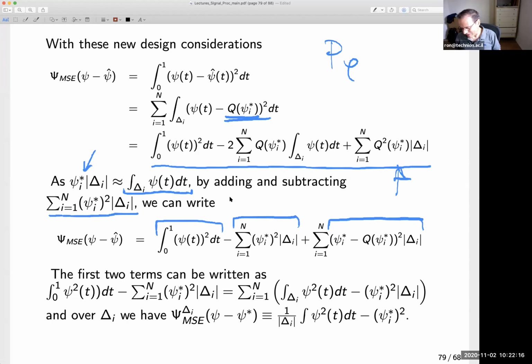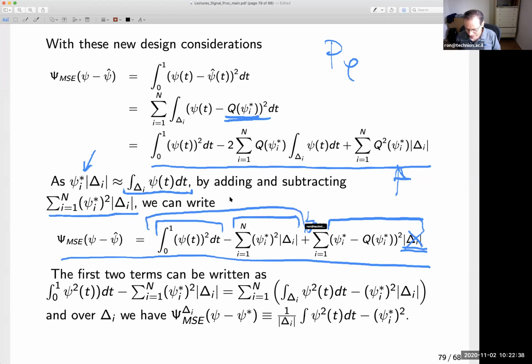Now remember, all these intervals are the same, so these intervals are now uniform, so I can push 1 over n to here, and I can get rid of that. But this is how the MSE looks like. Okay, now these two terms I can write as